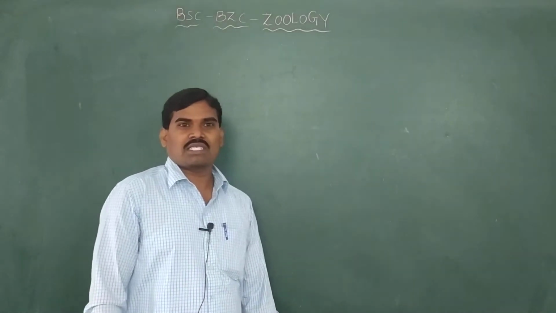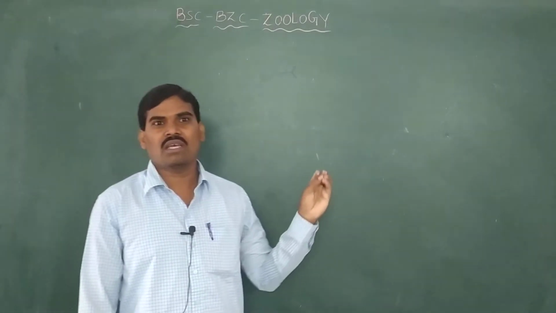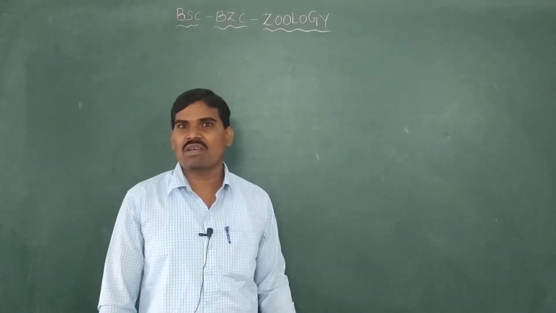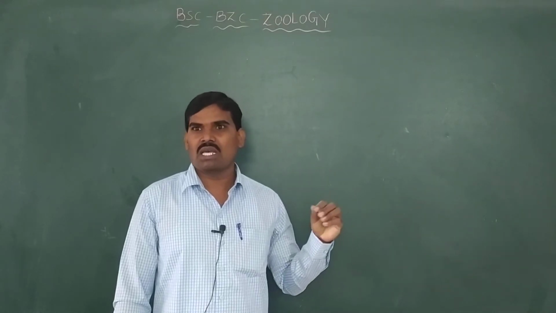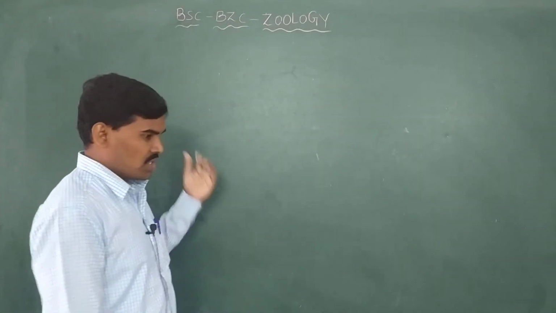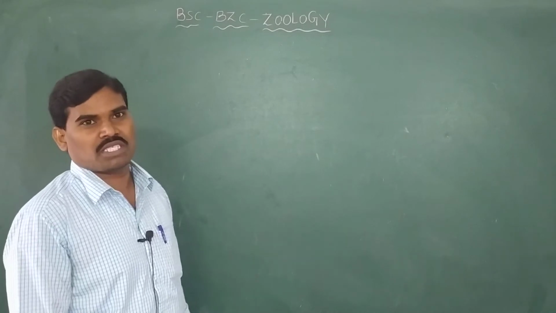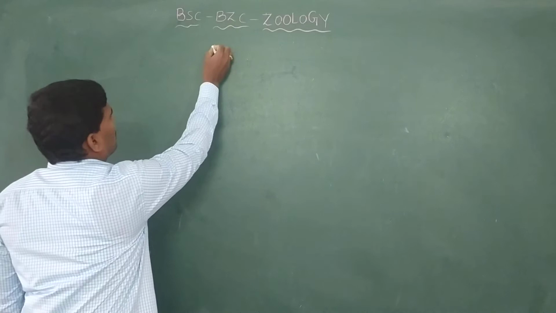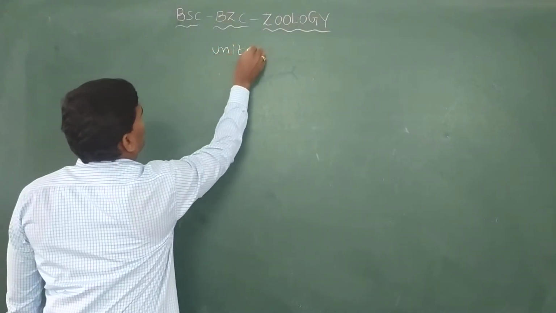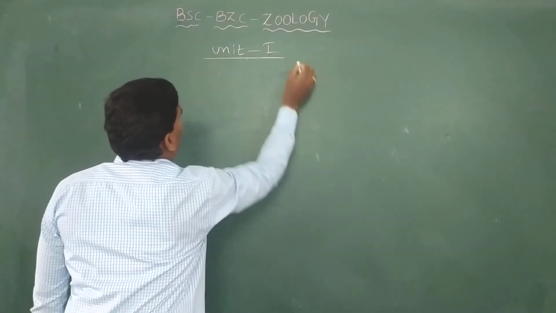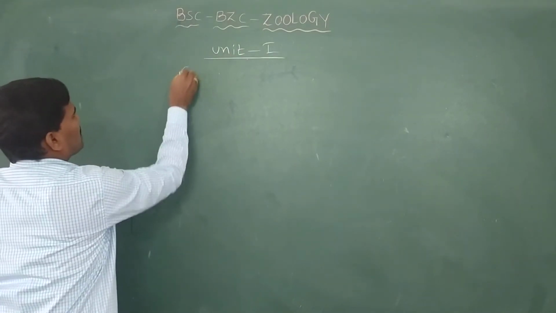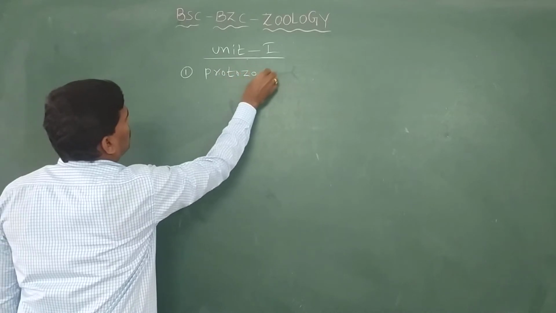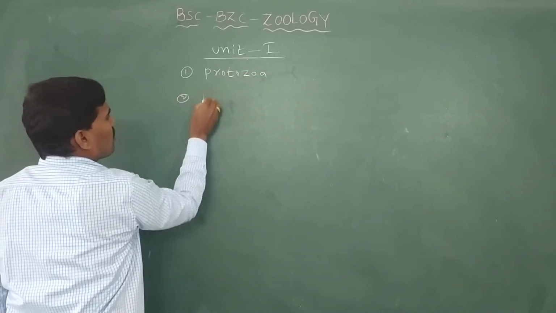Today we are going to discuss the first year, first sem Zoology syllabus for BSc BJC. How many units, and how many topics in each unit? First of all, let us discuss Unit 1. The first chapter is Protozoa,